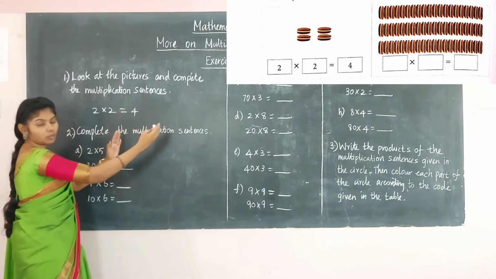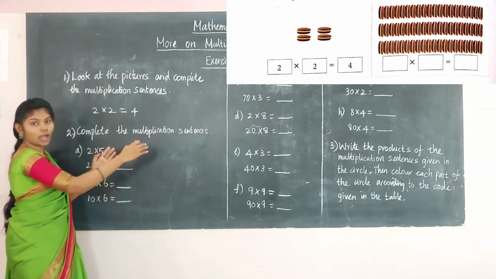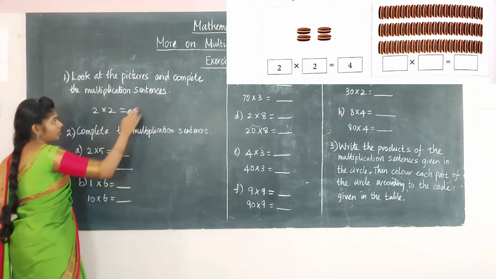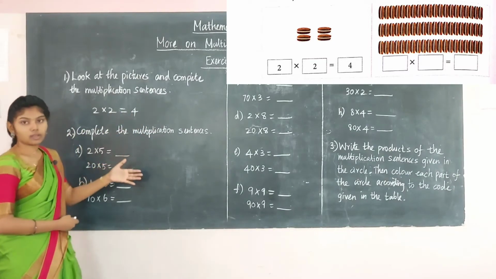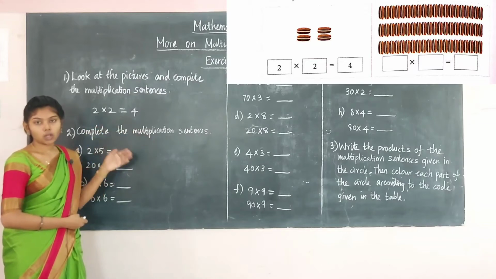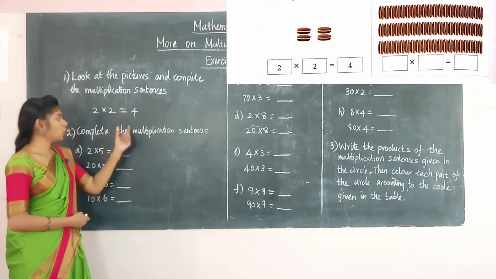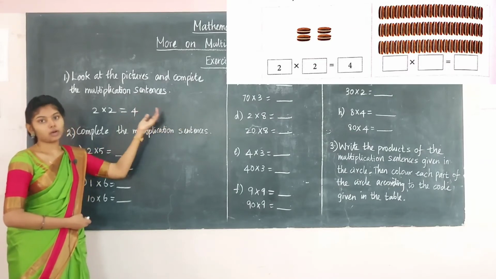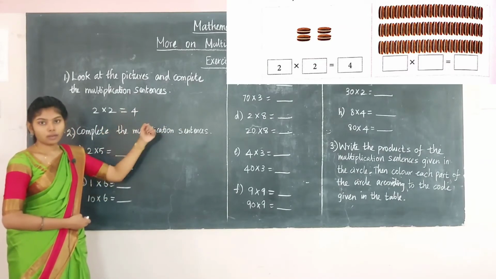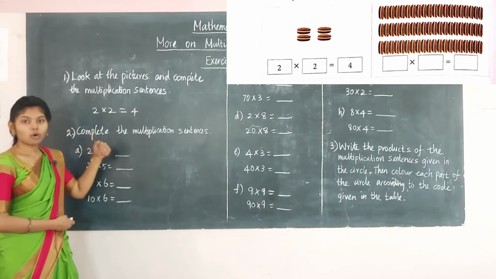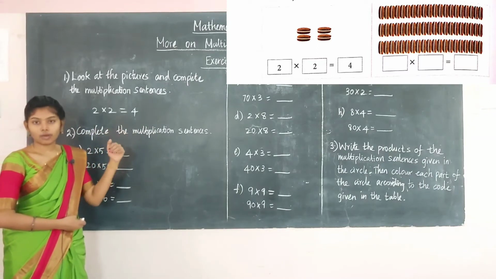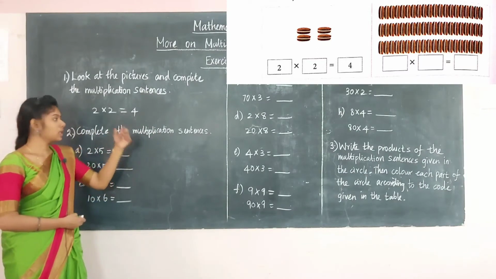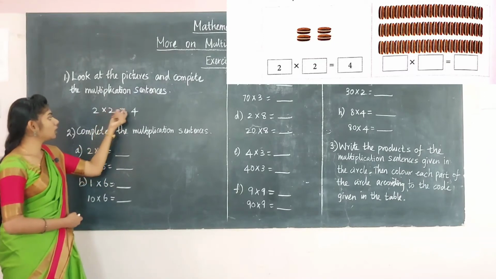And in the next column you are going to find the picture and write the multiplication sentence. First look at the picture, see it row wise and column wise, and multiply those two numbers and you will get the answer. And nearby that picture you are going to find the rows and columns and write the multiplication sentence. This is for multiply by tens. You are going to find it for the tens one, multiply by tens. And I have written for this 2 2s are 4.